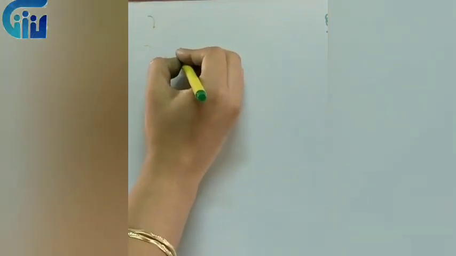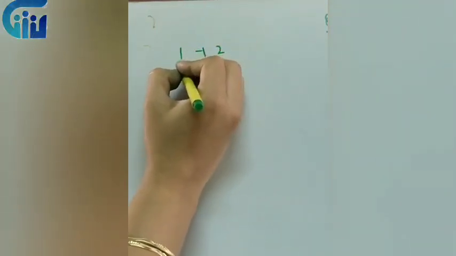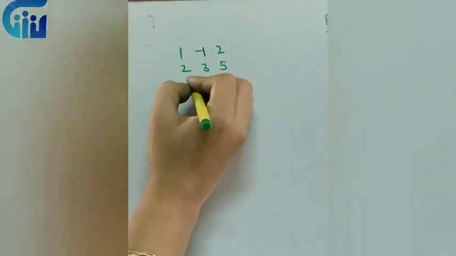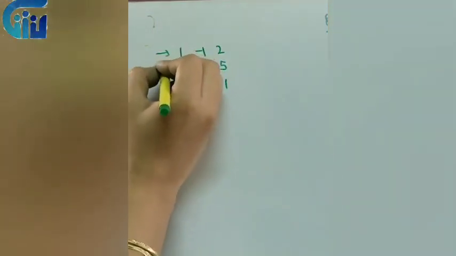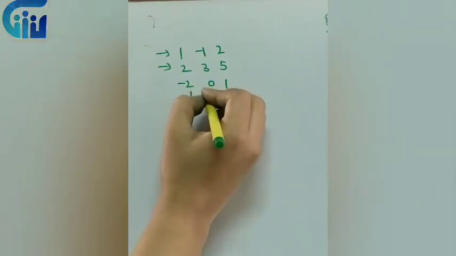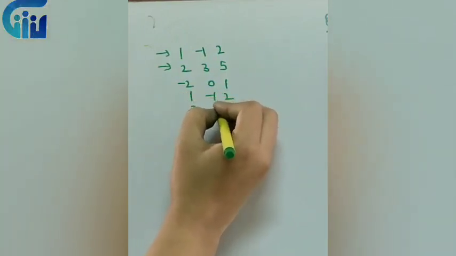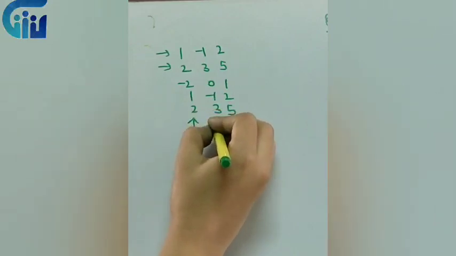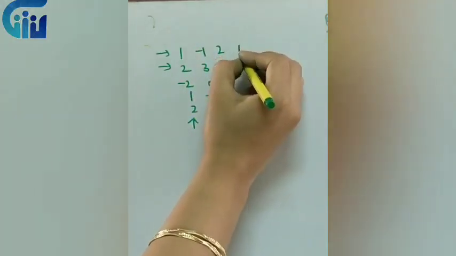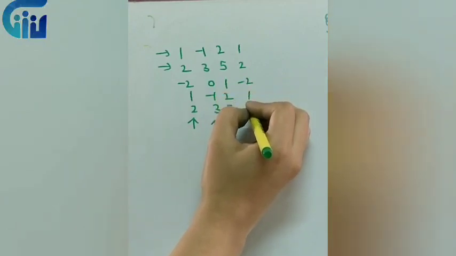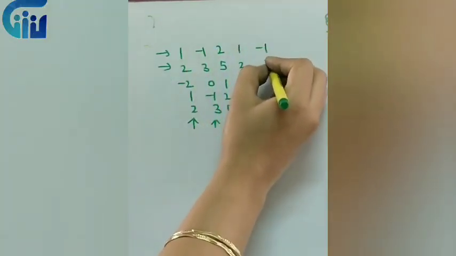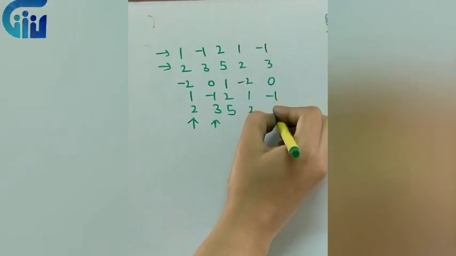So for the shortcut method, I will take the same matrix so that we can verify whether the answer for the adjoint is the same or not. So what is the trick that we'll be using? We will write this particular matrix as it is. Just see very carefully. Then I'll write these two rows again over here like this: 2, 3, 5. Then I'll write these two columns over here. So it will be 1, 2, minus 2, 1, 2. And this will be minus 1, 3, 0, minus 1, 3.